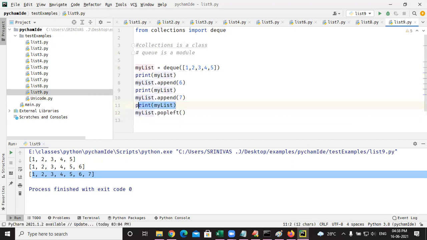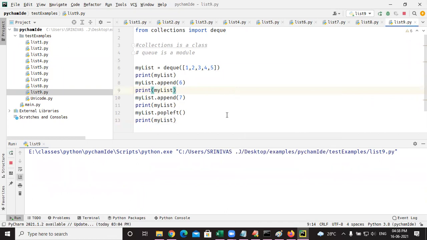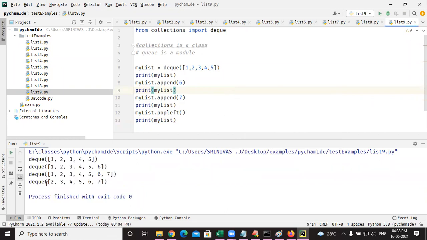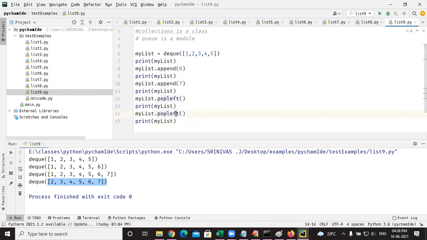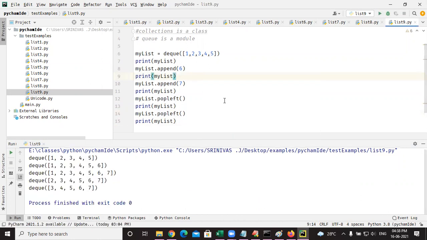It removes the element from the left side. The one is going to be deleted. See, one has been deleted. These all are DQ. Again, if you repeat, it is going to delete two. See,